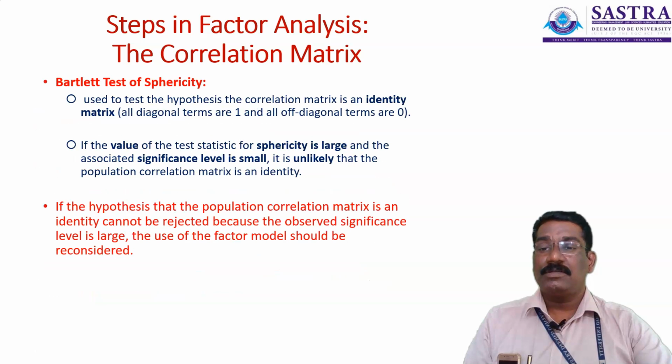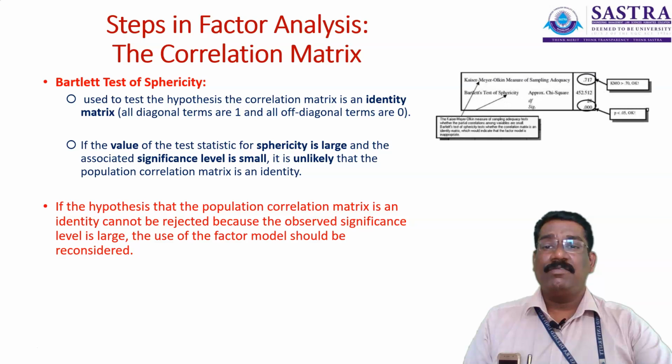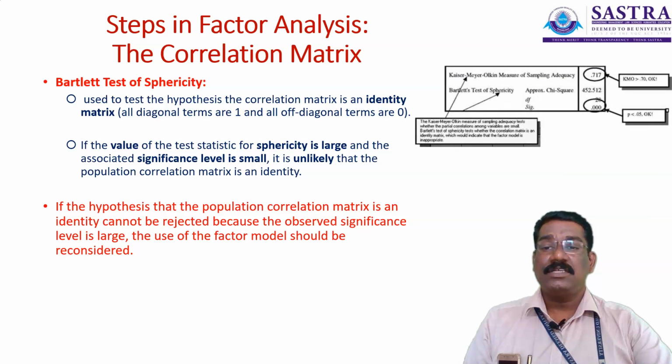And moving further, the most important aspect in the first step is the Bartlett test of sphericity. In this test, what happens here? It is used to test the hypothesis that the correlation matrix is the identity matrix. Hope in matrix you would have studied about the identity matrix, 1 0 0 1. So it means that